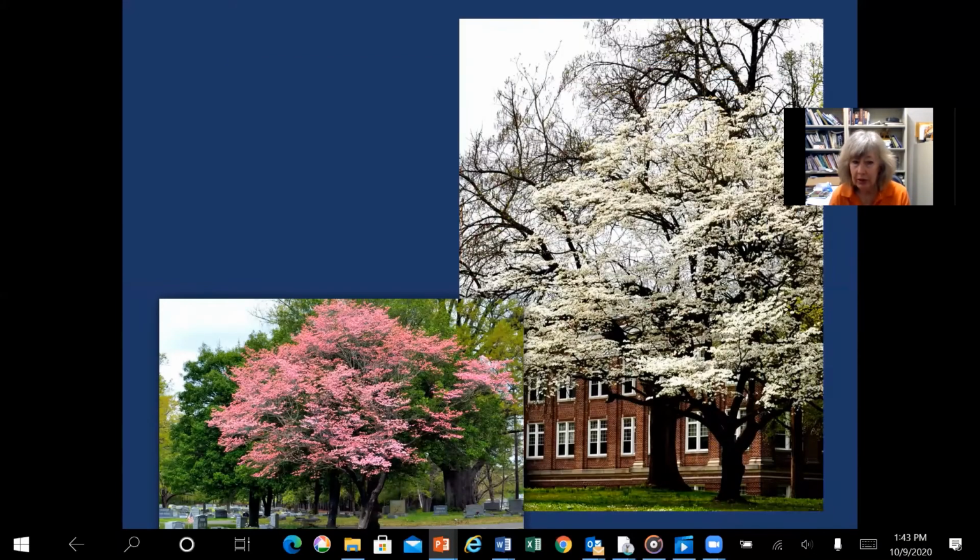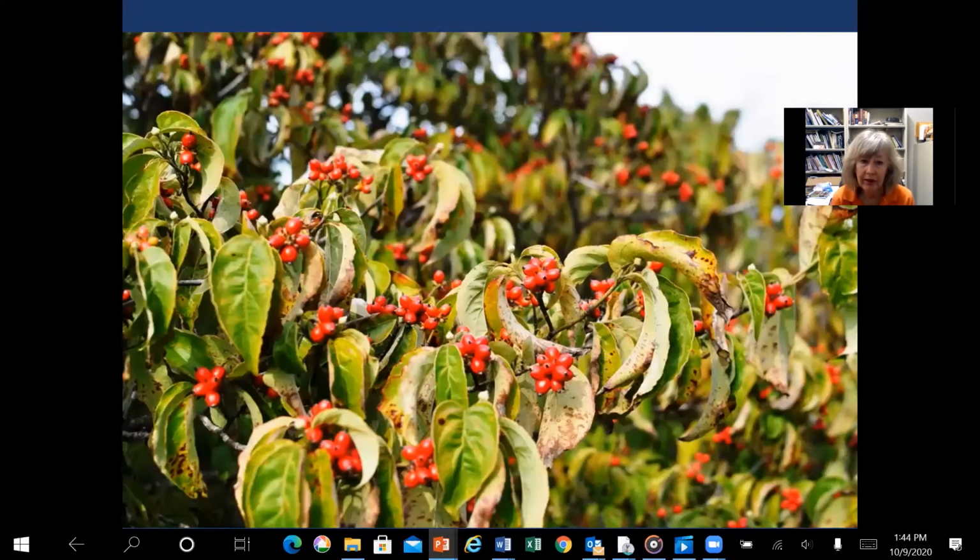Dogwoods, again, thing of beauty, one of our amazing natives. Our University of Tennessee leads the nation on dogwood research and introduction of disease-resistant forms. So let's do plant them. Let's just take care of where we plant them. They also provide one of our very best winter foods, especially for our eastern bluebird. So it is something we do need to be planting, but let's choose resistant forms, put them in the right